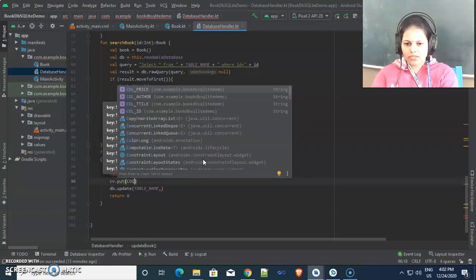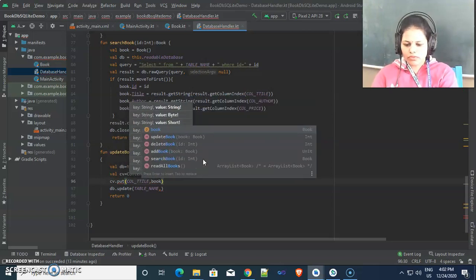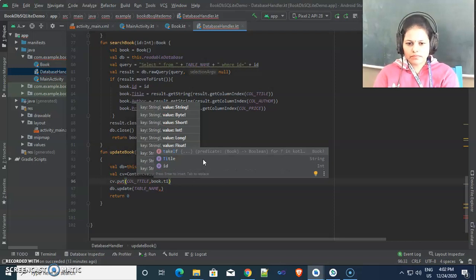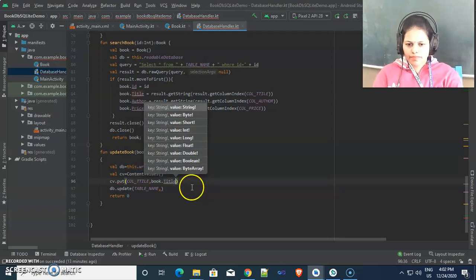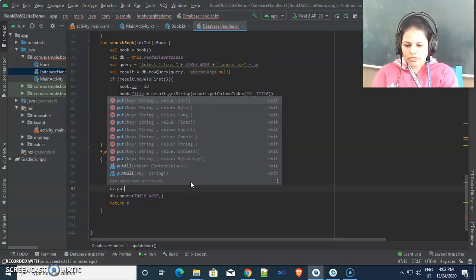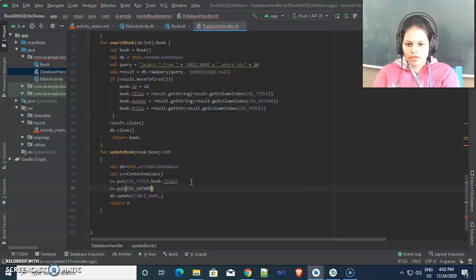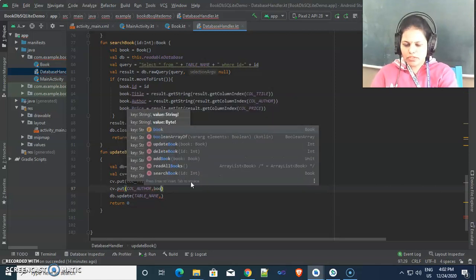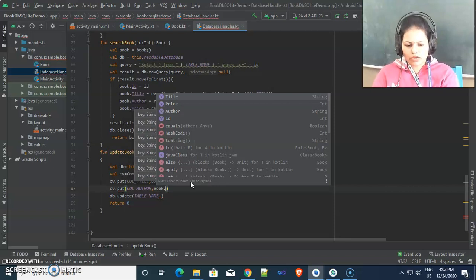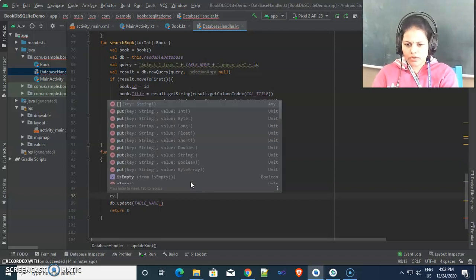As first value is column title, and here is book.title. We are giving this key value pair for title, then cv.put column author, then its value is book. We pass the object author value we are giving, and then finally cv.put